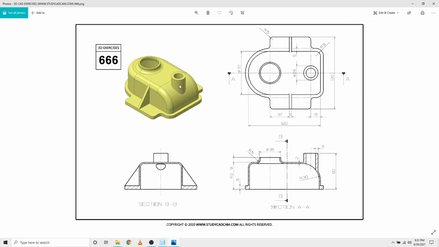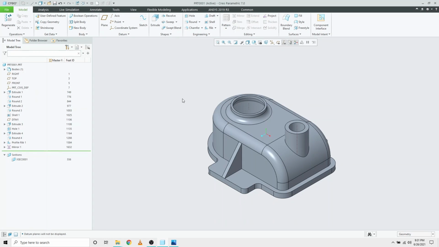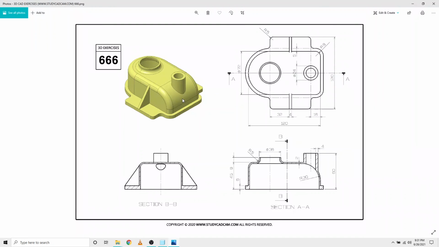Some people will first create this opening and another opening, and they will create an extrude, and they will thin it out. That will be time consuming, and a third person who is viewing this 3D model will not be able to understand what's actually happening. So that's why I spent some time studying this drawing and explaining it in a detailed manner and a simple way, I hope.